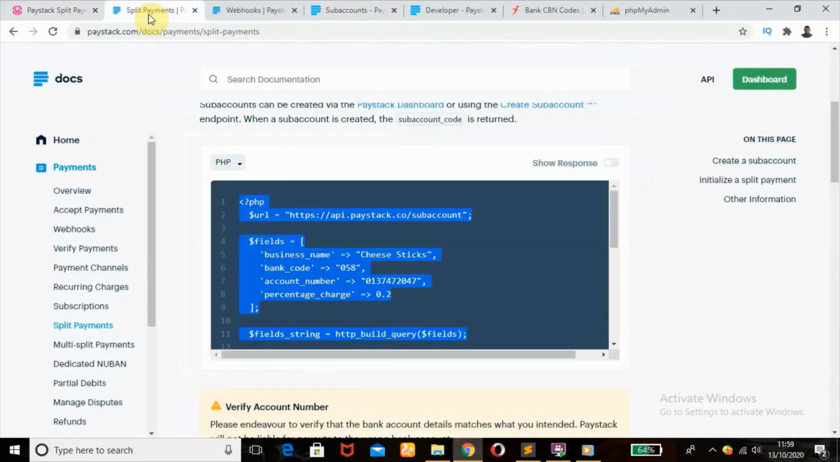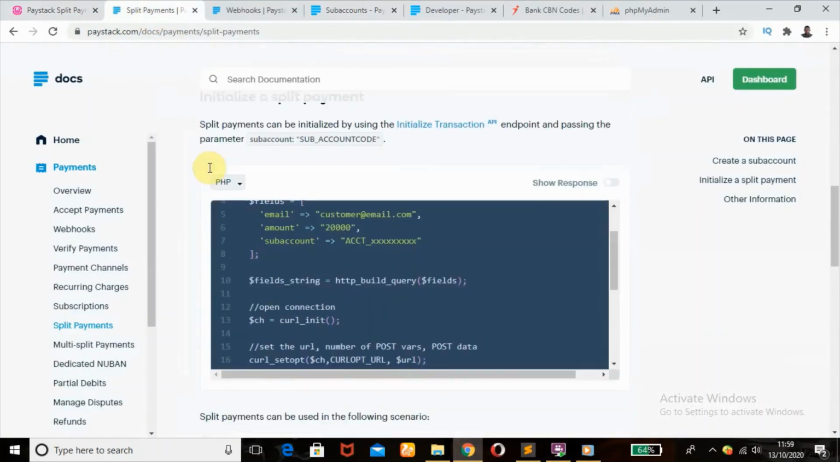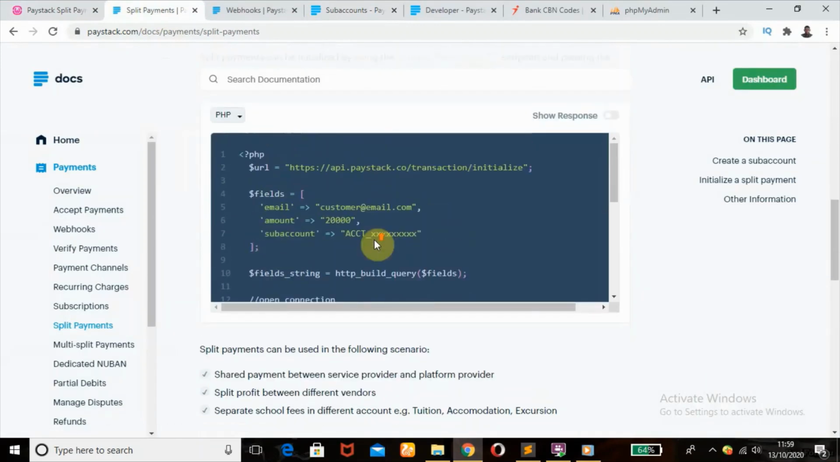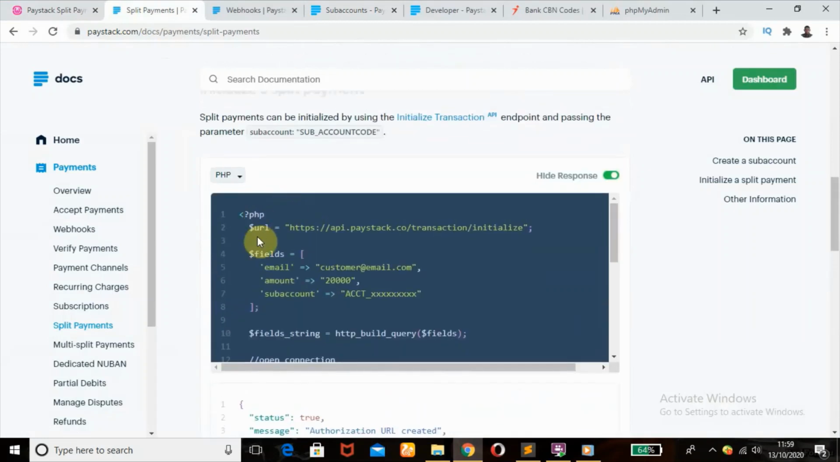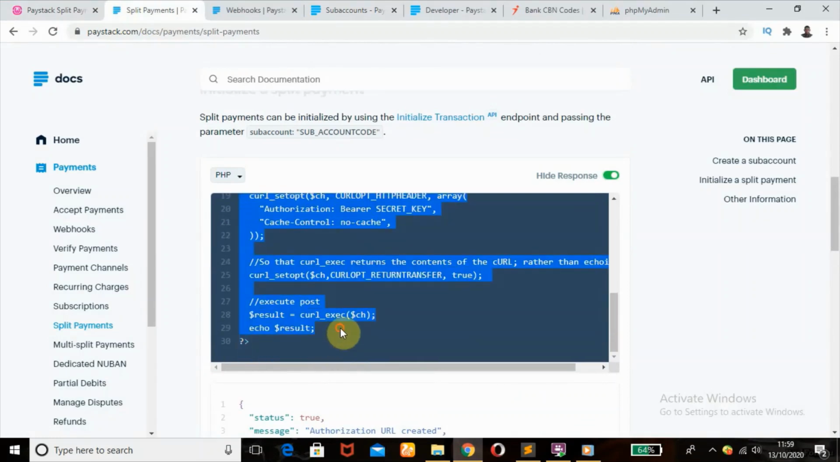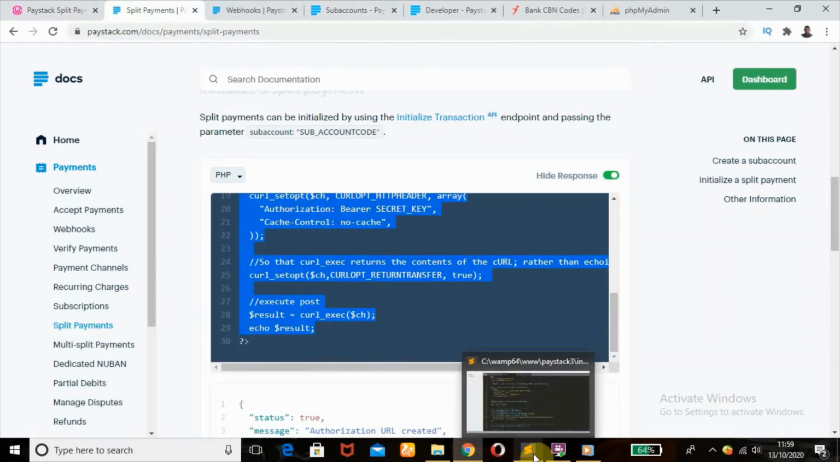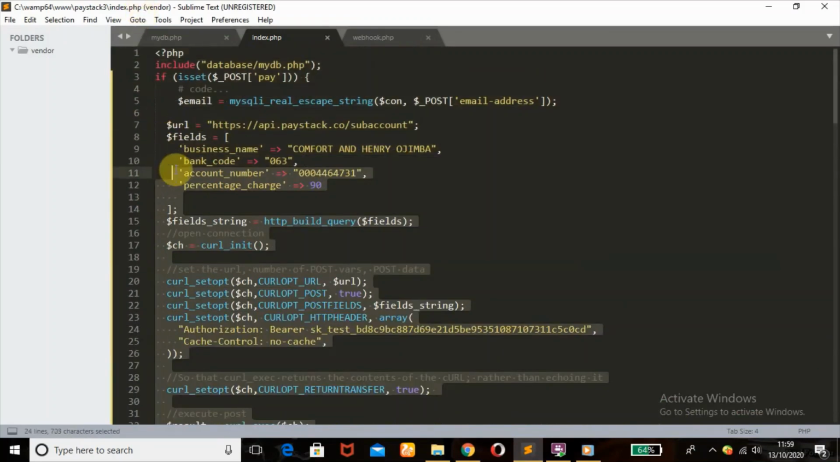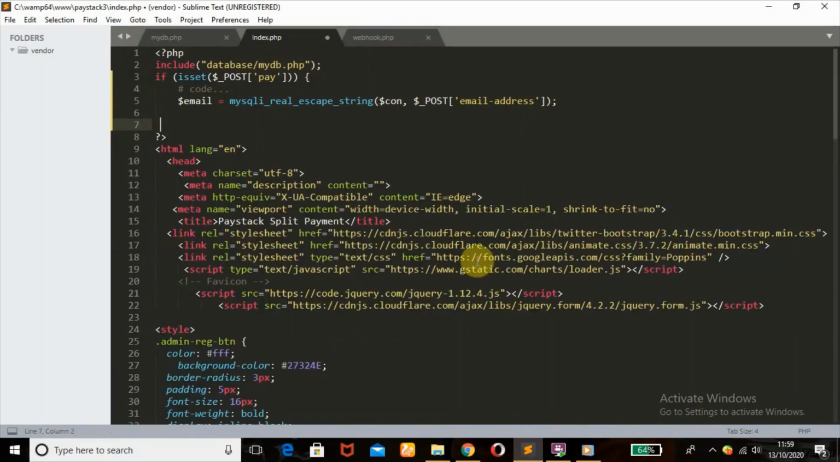So next thing we're going to do, we're going to head back here, and second step is what? To initialize our payment. To do that, we're going to copy this code right here, head over here, and then erase this. We no longer need this code. Remember, what we needed it to do is just to create our sub account and get our sub account code. So we're going to paste this right here,